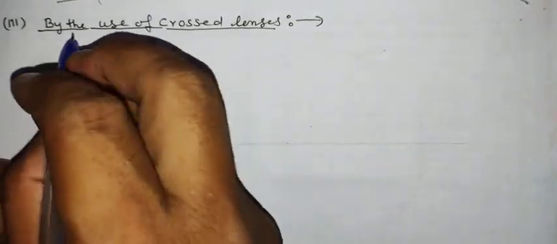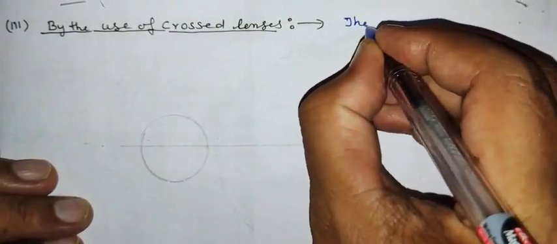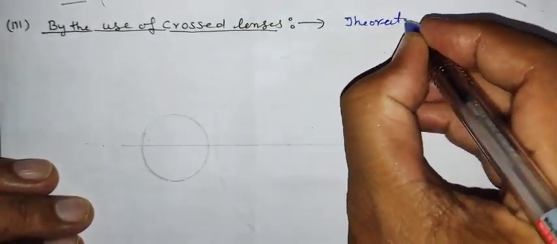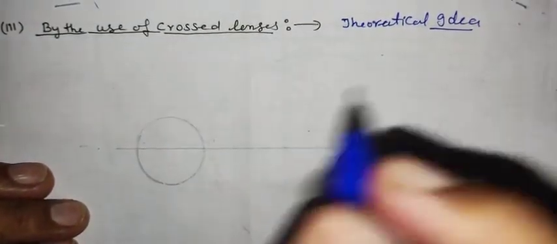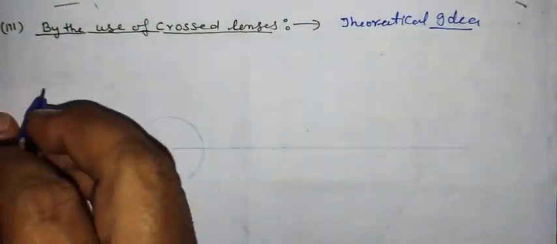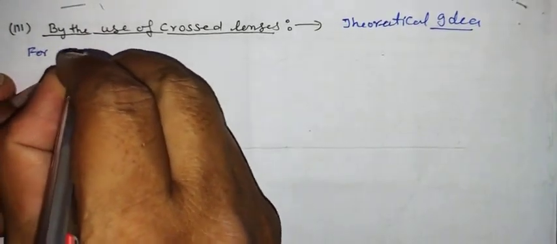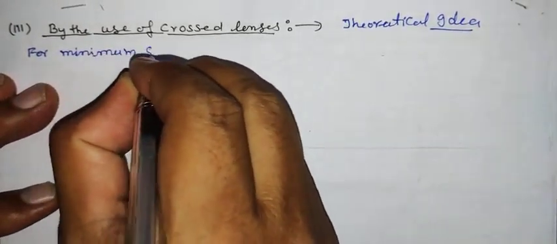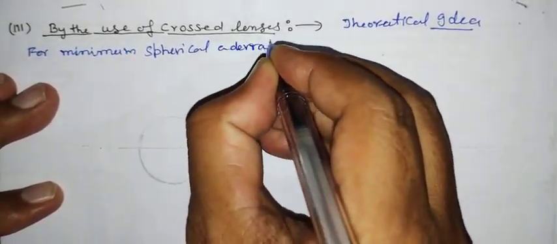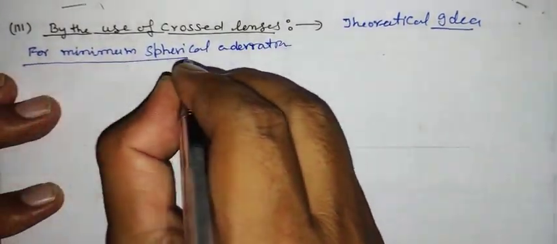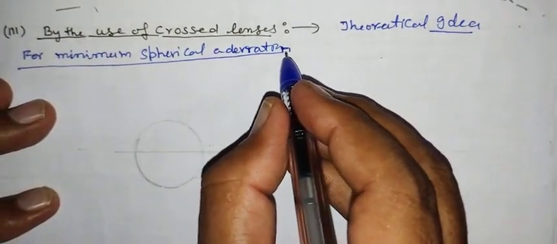Now the third is by the use of crossed lenses. This is purely a theoretical idea. See the theory. What is the theoretical idea? This theoretical idea is for minimum spherical aberration. According to this theoretical idea for spherical aberration,